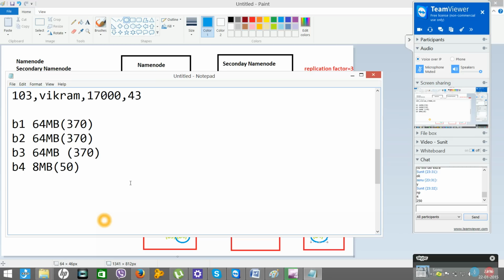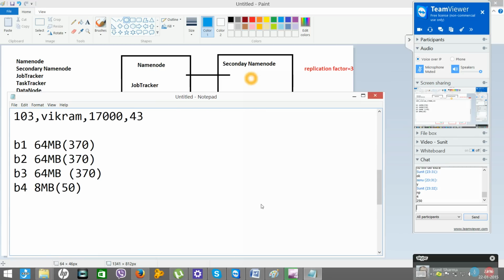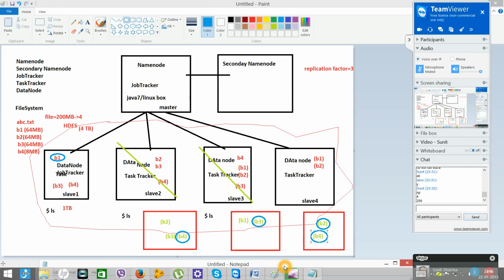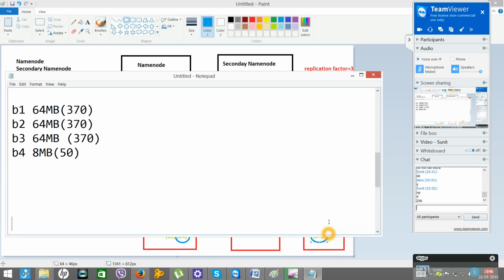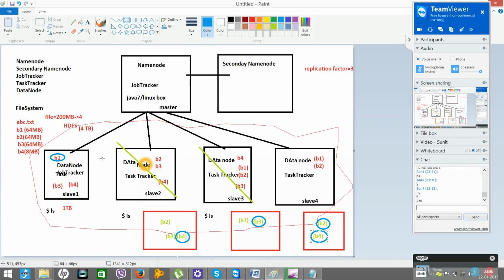Now as per my cluster, we have 7 nodes, is it not?